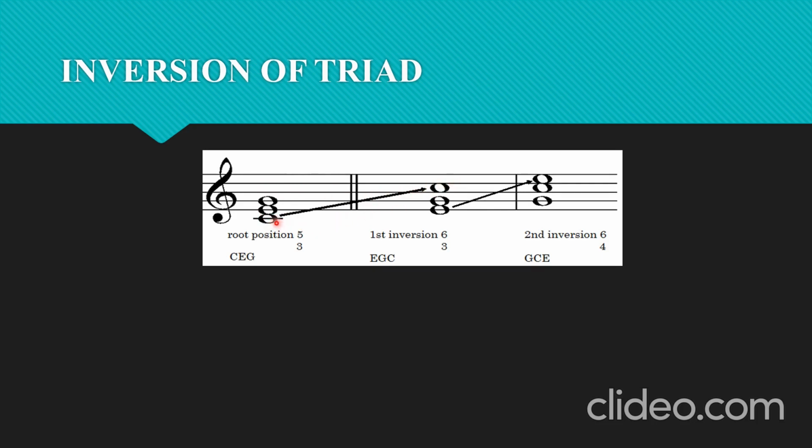I took this C an octave higher. Then look at this E, it remains here. And then the G remains there. First inversion is shown with 6-3. Once you see 6-3, it means first inversion. It's a number derivative. Then the next inversion, you take the next note from the first inversion. The next note, which is the third, you take it an octave higher. If you take it an octave higher from first inversion, you get second inversion.